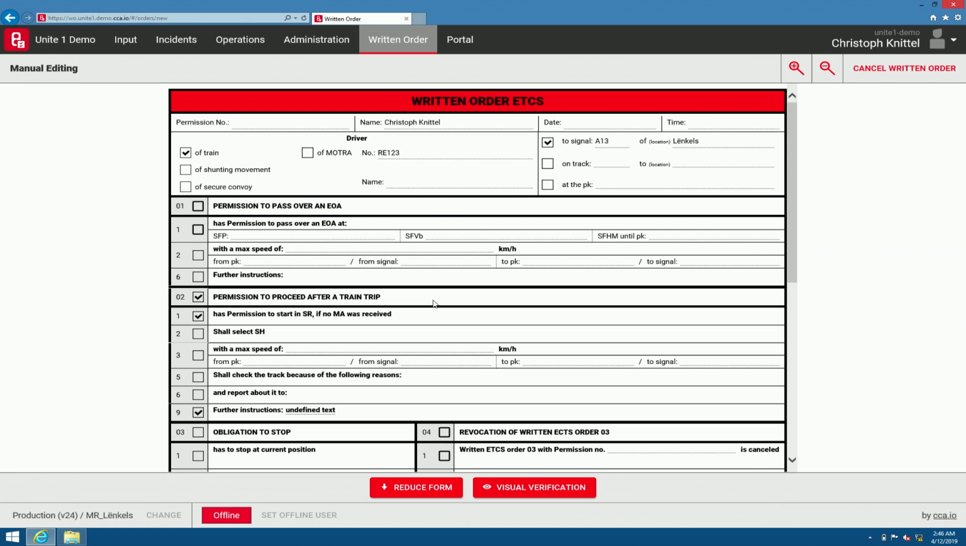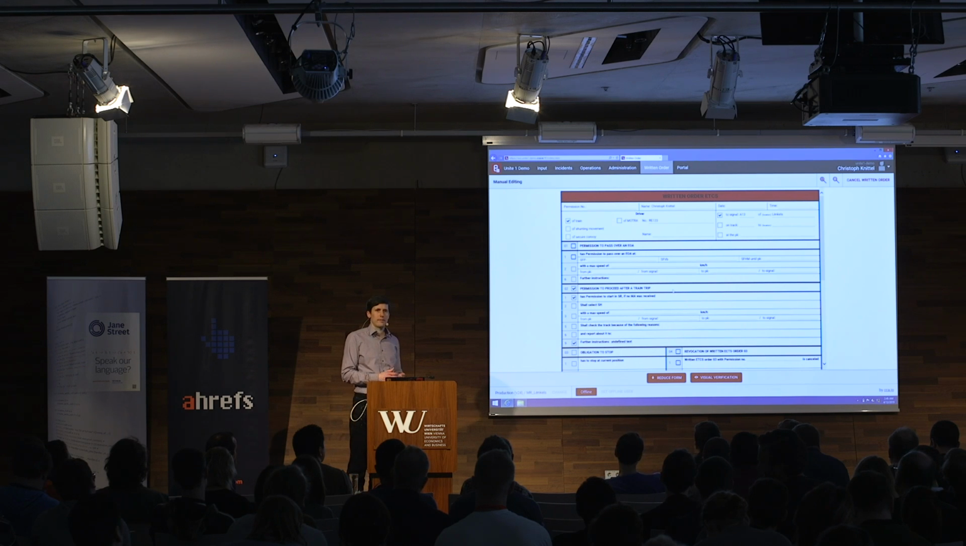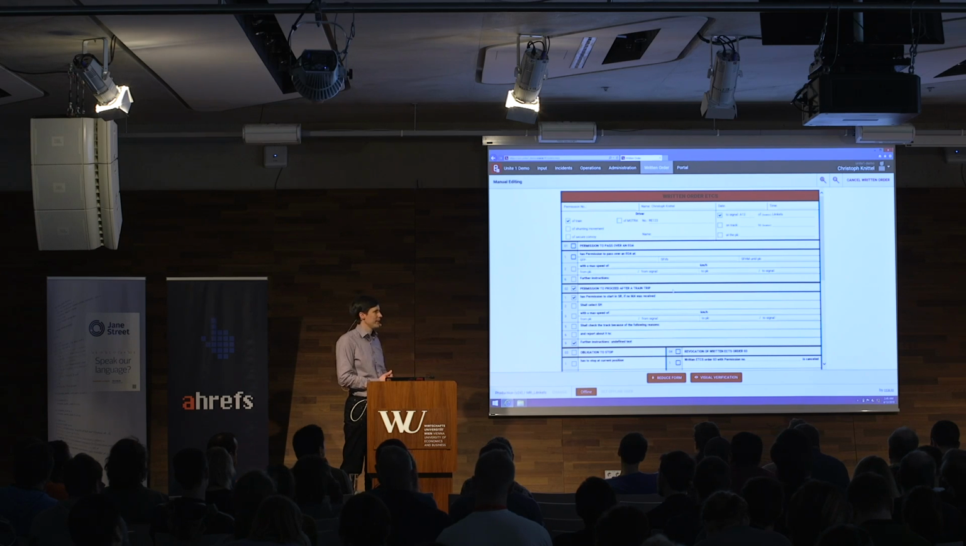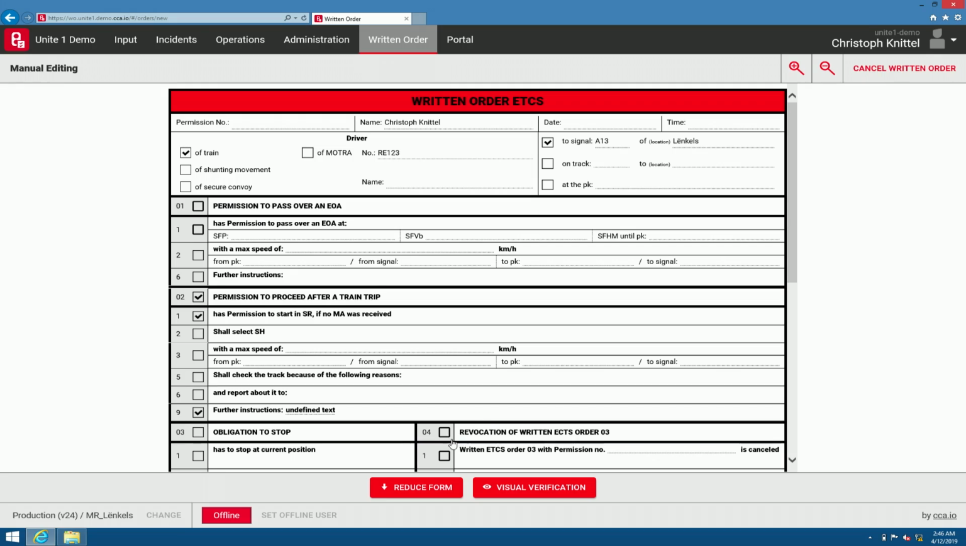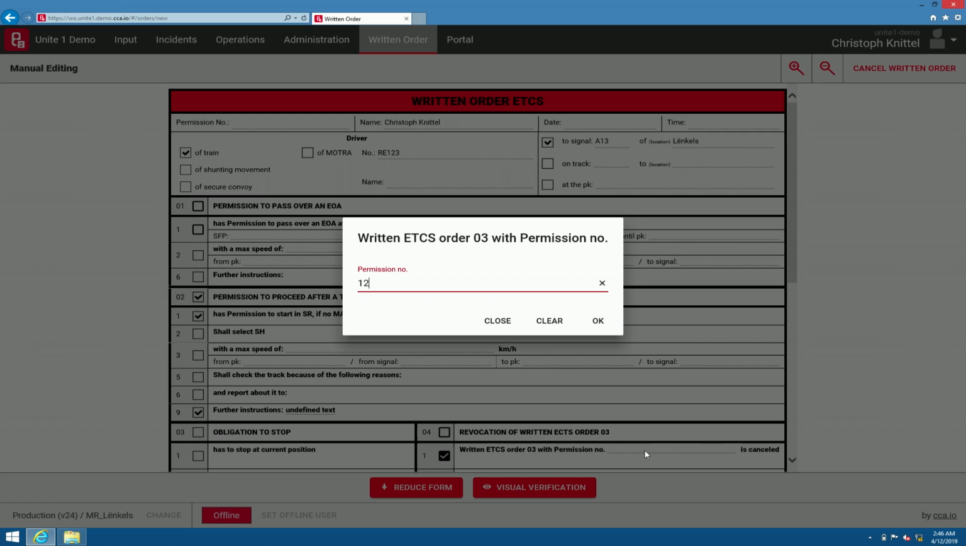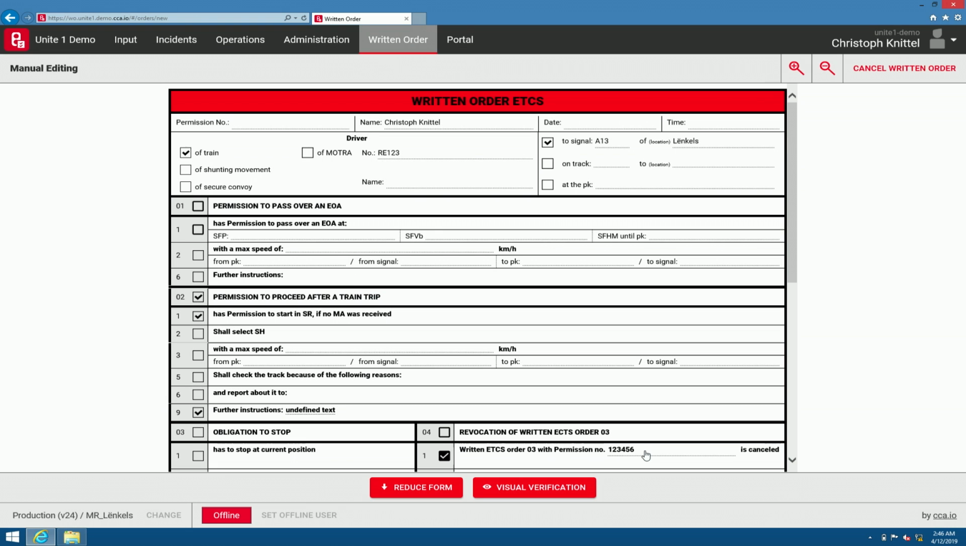The next step is manual editing. So the execution of the checklist program already filled out some of the fields according to my answers. But now there are some fields where I am allowed to make manual modifications. For example, it would be these ones. So I can tick this checkbox and enter some permission number here. Or let's say these are all the modifications that I want to make, and I continue to the next step,